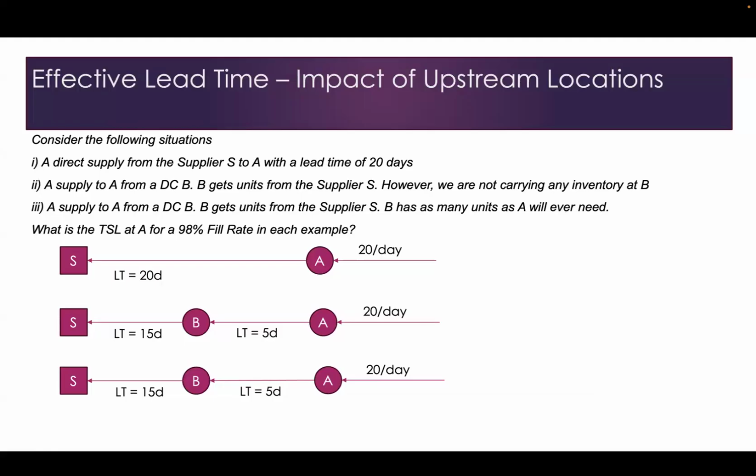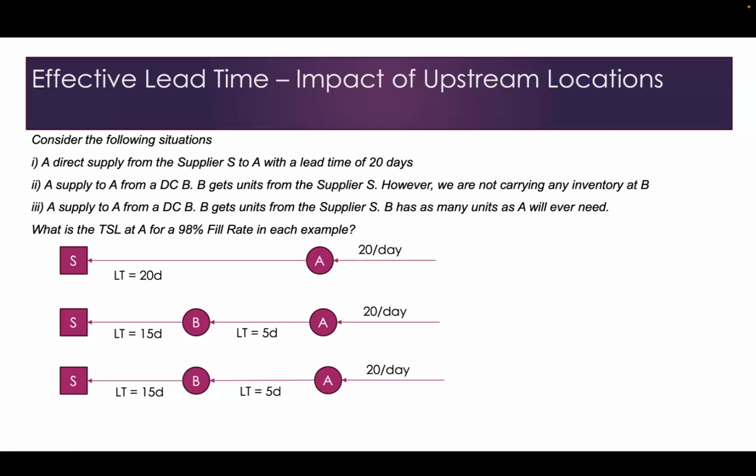In the third scenario, if you read it, a supply from B has as many units as A will ever need. Okay, so I'm keeping that at B. Don't worry about what that number is, but I'm assuring A, no matter how much you need, I have it. I've got you covered. I'll get it somehow, or I have it on stock, and you will not have to wait for this. Okay, so I'm trying to figure out what I would have to stock at A for a fill rate of